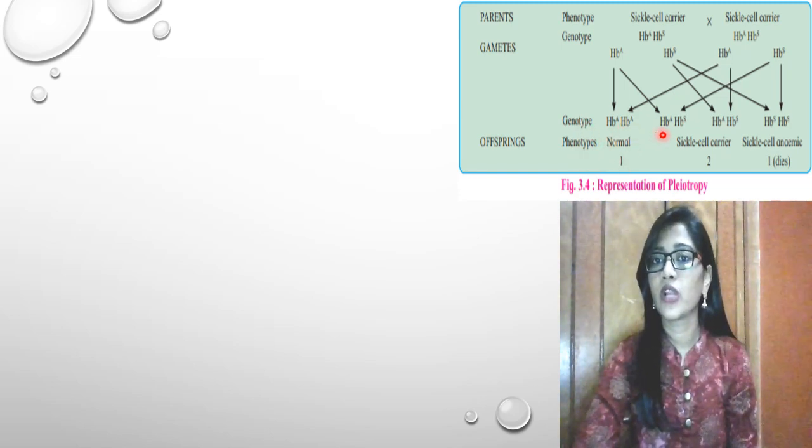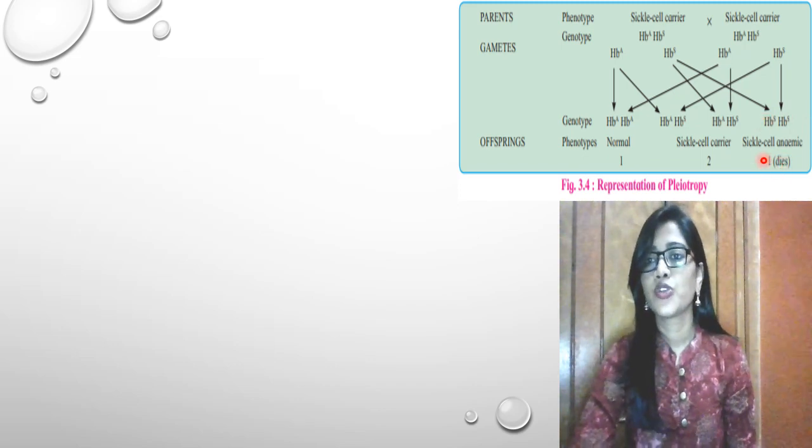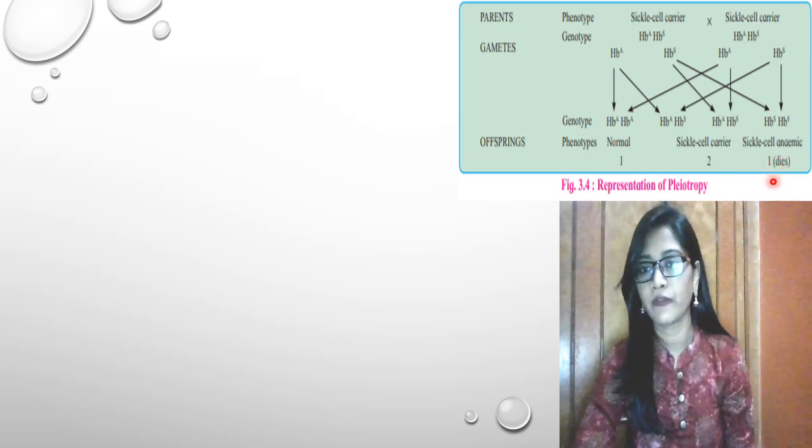If the genotype of one of the offsprings is HBA and HBS, these are the combinations of HBA and HBS, then these offsprings will be sickle cell carriers just like their parents. They will be having HBA and HBS, sickle cell carriers. They will also survive. While if one of the offsprings carries HBS and HBS, both the lethal genes, okay, so a sickle cell anemic offspring will be there and that offspring will not survive,